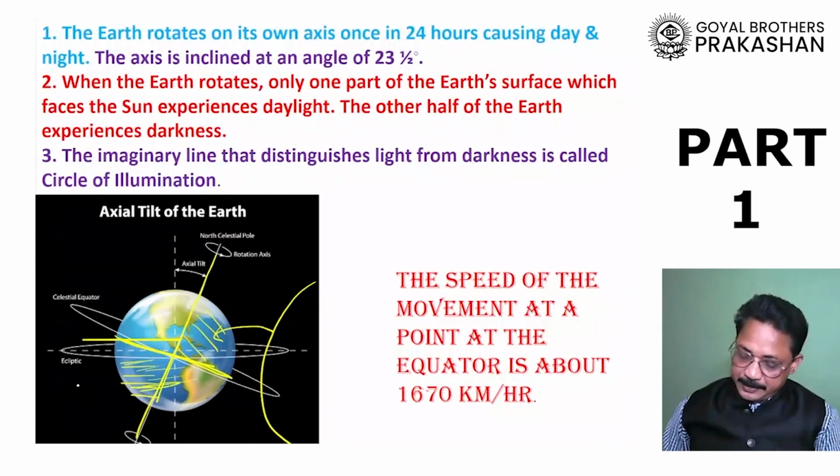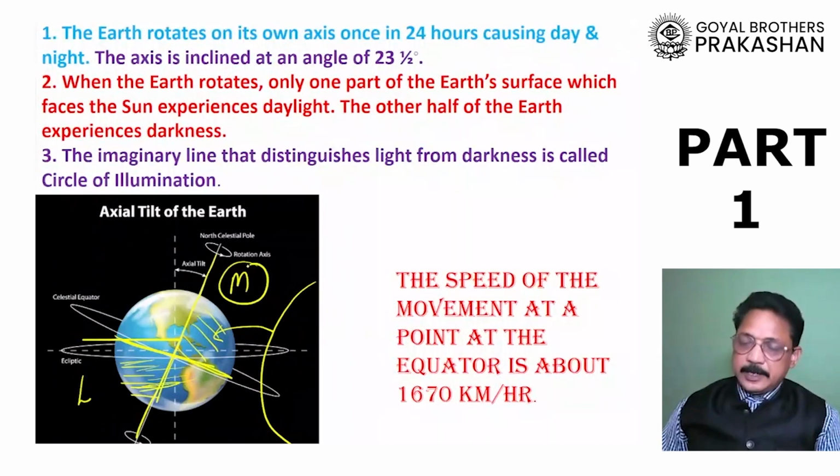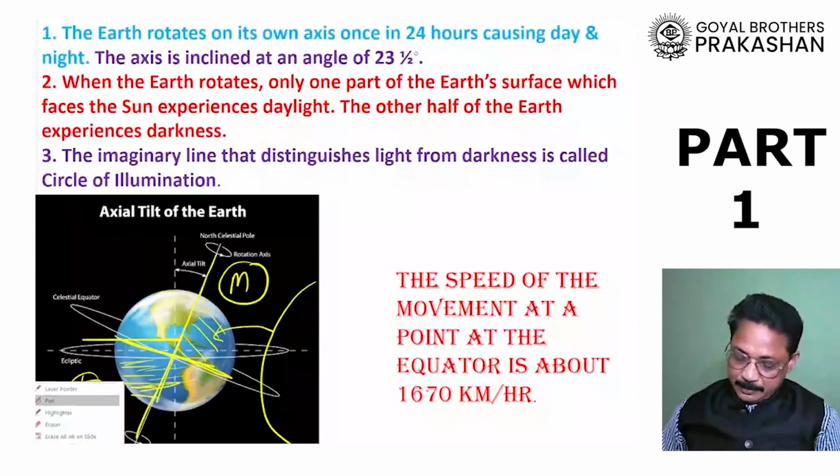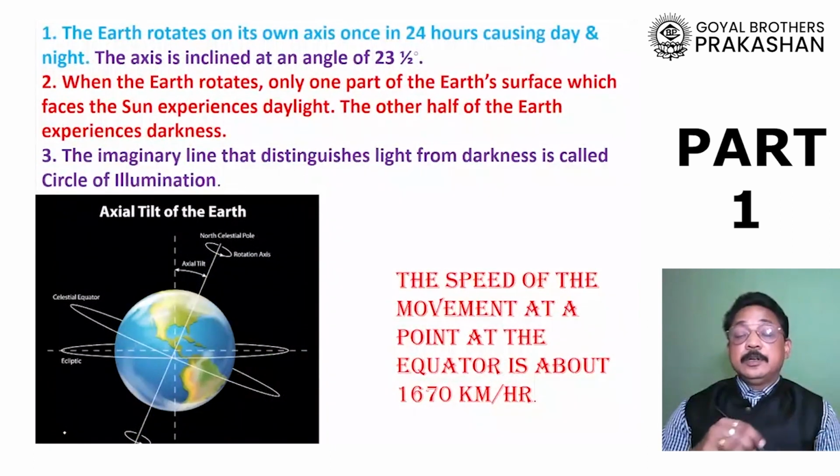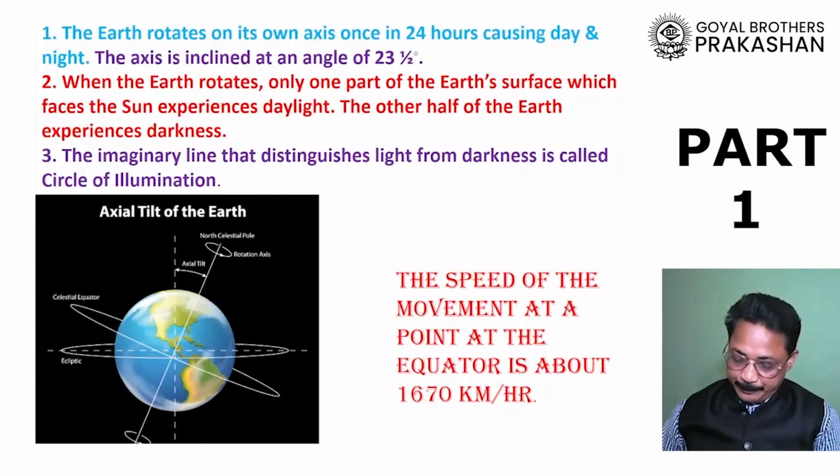The southern part will receive less light, the northern part will receive more light. The northern hemisphere will have summer conditions, whereas the southern hemisphere will have winter-like conditions. That means the tilted axis of the earth is also responsible for the unequal amount of light received on the earth. Because the light is not the same, the temperature will also not be the same.